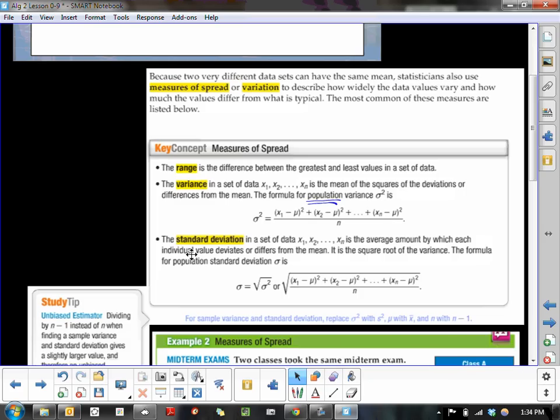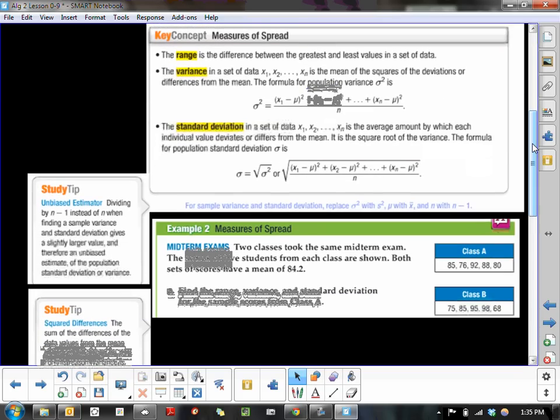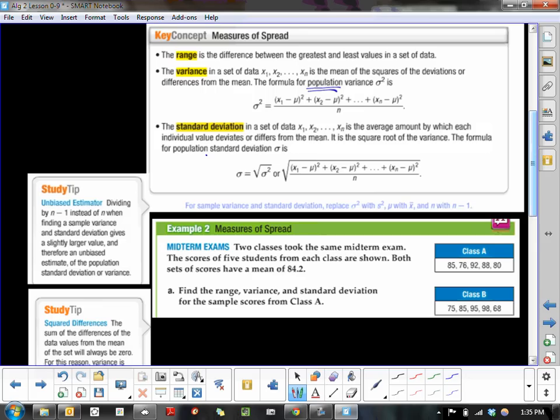Standard deviation: the simplest way to talk about standard deviation is that it is the square root of variance. So once you find variance, to find standard deviation, you take the square root of the value that you get for variance. So standard deviation tells us how far an individual data score varies from the mean, or the average. So there are three ways to describe the spread of data. And once again, this formula that we're looking at here,